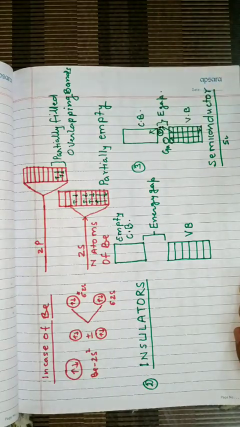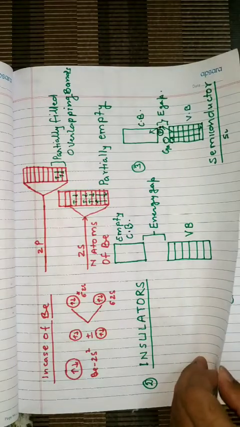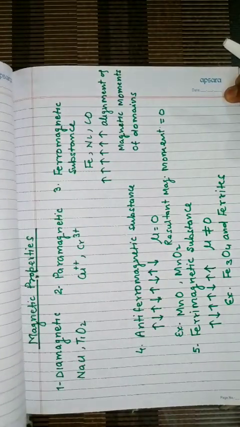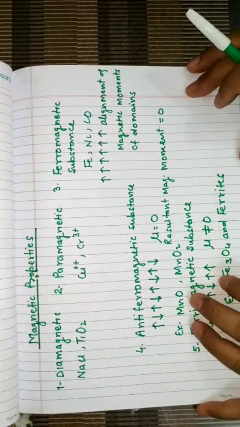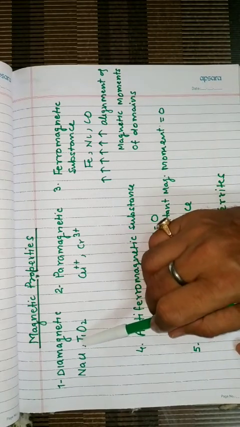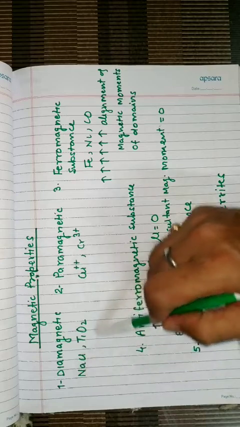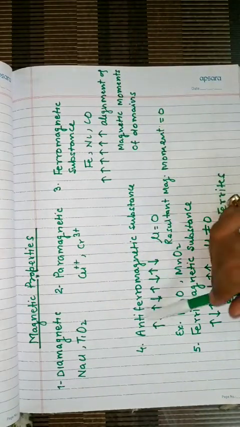So in this way the conductivity gets increased when the semiconductor or silicon is doped with 13th group or 15th group material. So in this way the conductivity can be explained by using band theory. Now another property is the magnetic property. Depending upon how the solid behaves in an external magnetic field, solids can be classified into 5 types: diamagnetic, paramagnetic, ferromagnetic,